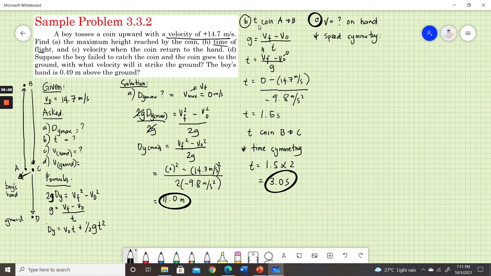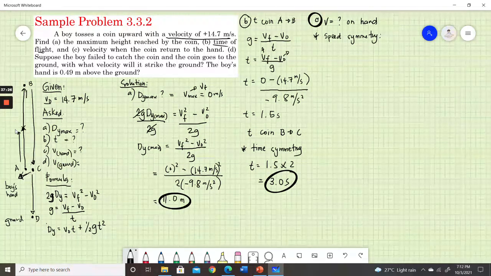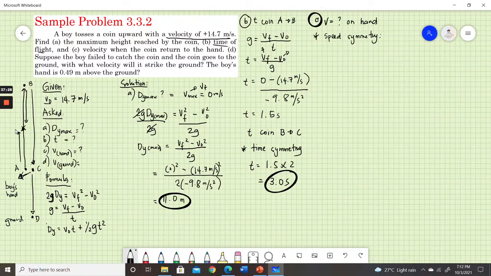You guys remember what speed symmetry is? The point of speed symmetry is that at any given displacement, the speed when it was going up would be the same speed when it goes back down at that exact same position. So for example, let's take this point right here. The speed of the coin at this point right here, when it goes back down from the maximum height, will have the same